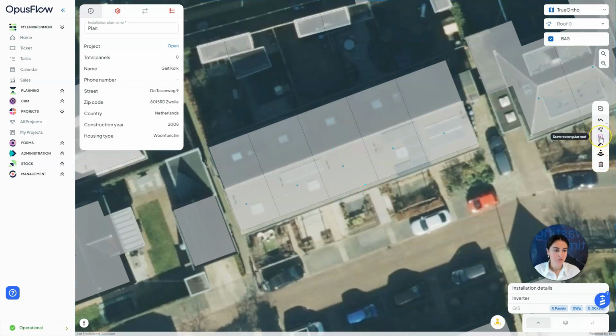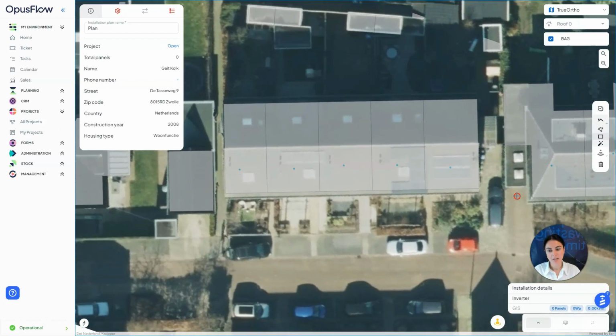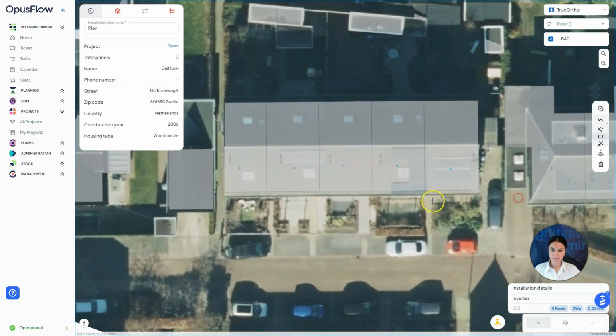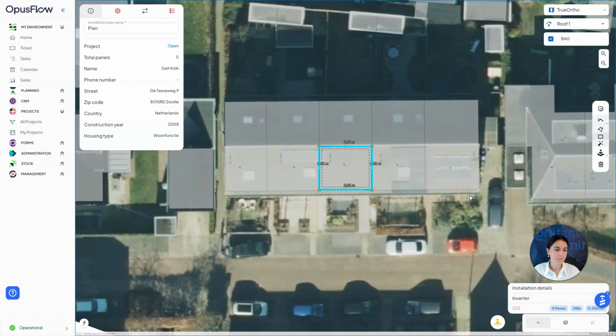The next option is to draw a roof by this rectangular roof drawing. So you just need to, actually first I need to align it correctly. Then you need to click on one corner, drag, and leave it in the last corner, and your roof is drawn now. If you want to change the shape or something, you can easily click on the corners and change the shape. Well, this is actually not very correct, but I just wanted to show you how it actually works.